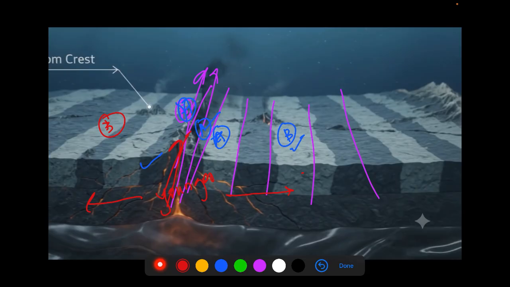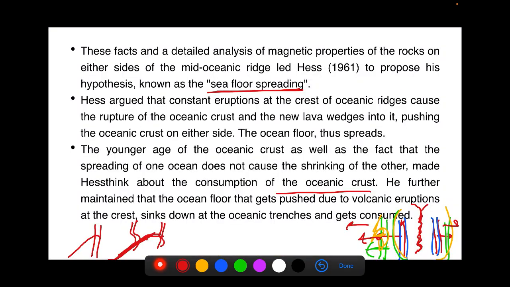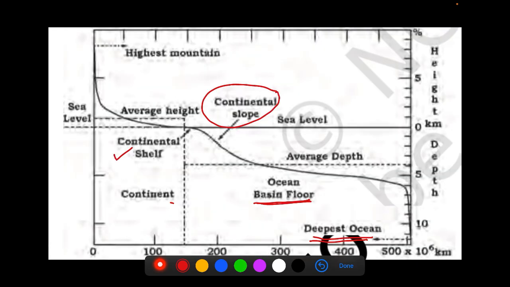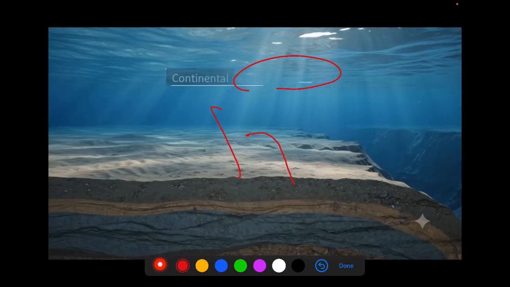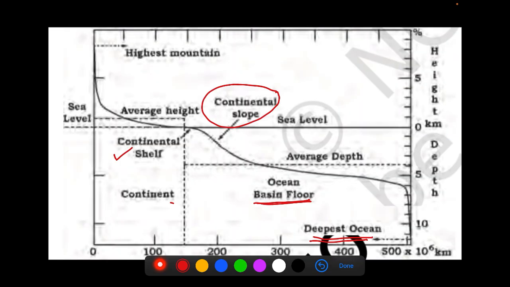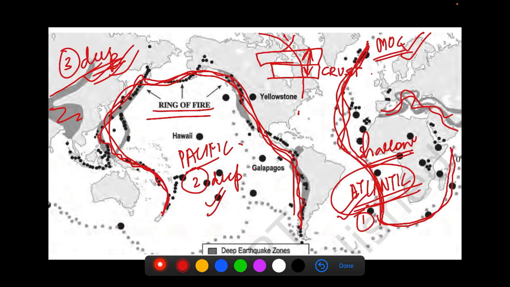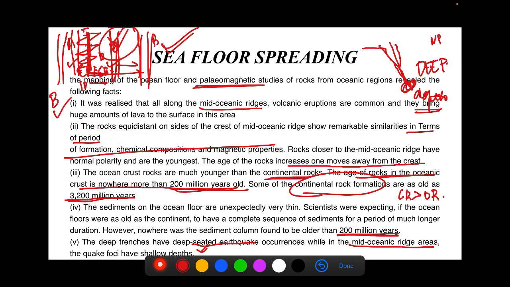That's it for today's lecture. In this video lecture, we have discussed 3-4 concepts: the oceanic floor configuration, then the distribution of volcanoes and earthquakes, and we have also discussed seafloor spreading. In the next lecture video, we will discuss plate tectonics in much more detail, and we will also understand the movement of the Indian plate, how it has happened over the past.